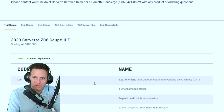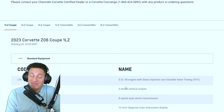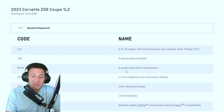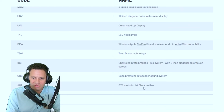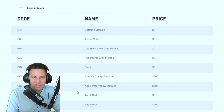Let's look at the standard equipment. Obviously, you get your beautiful LT6 engine, a 5.5 liter V8. That's standard. Four-wheel anti-lock brakes, 8-speed dual clutch transmission. And then you have the display, which I don't really care much about. Bose premium 10-speaker sound system. And let's see. So exterior colors, yes. You don't pay extra except for